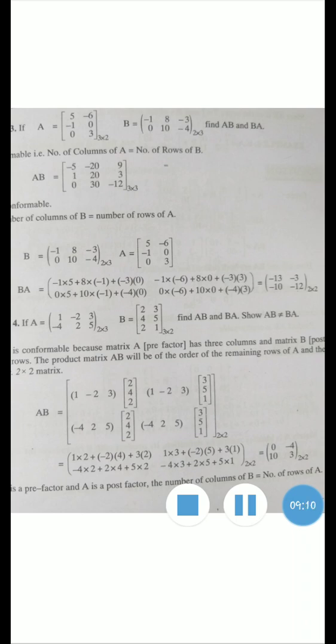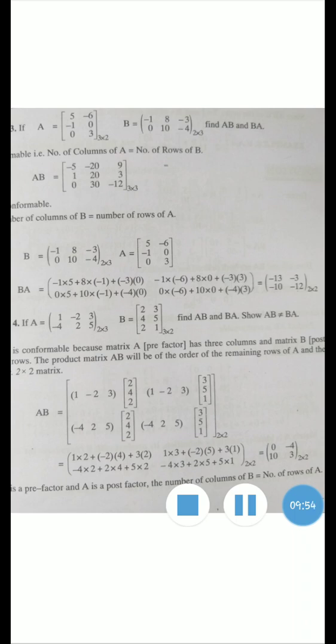So as a result you will be getting answer 2 ones are 2, -8 plus 6 which is equal to 0. Then first row, second column. First row is 1, -2, 3 and second column is 3, 5, 1. So when you will multiply them you will get 3 -10 plus 3. So answer is -4. Next A21, second row of A and first column of B.